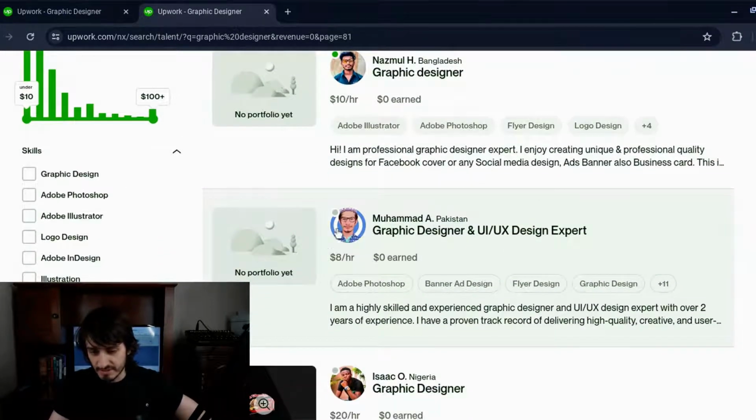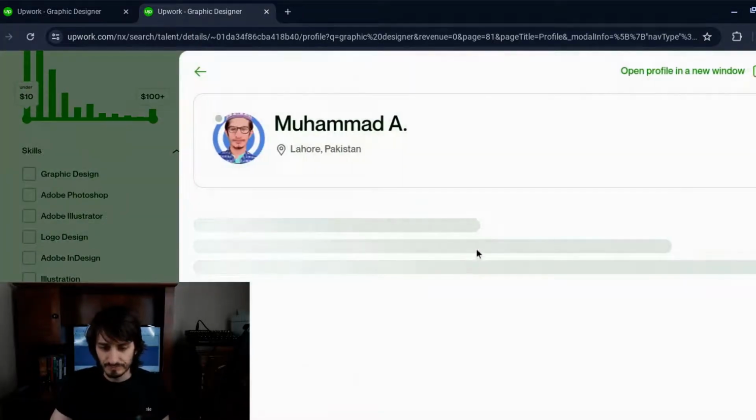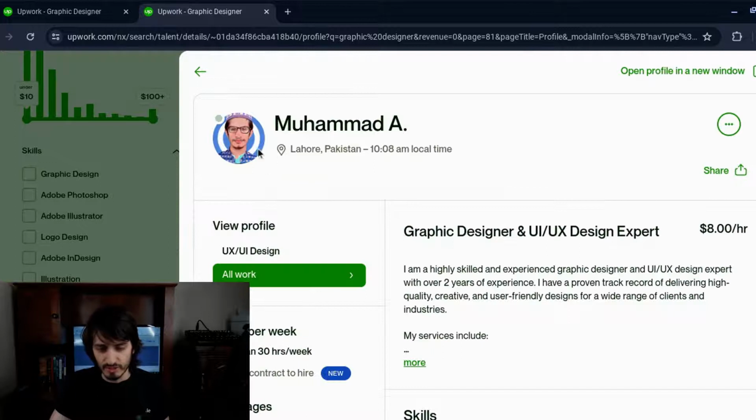This is just garbage. Let's look at this profile. Let's look at Mohammed. All right, so Mohammed, first of all, his profile picture looks like garbage. I'm not really surprised he couldn't find jobs there. What's his job title? Graphic designer and UI and UX design expert. All right, that's not